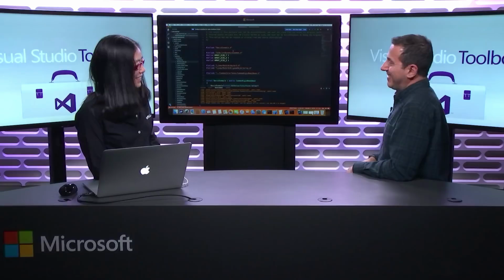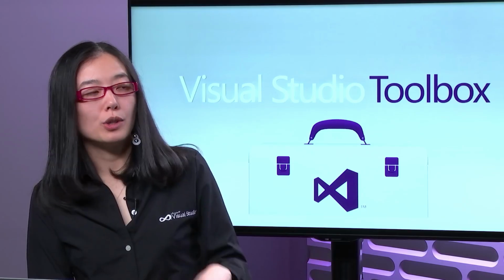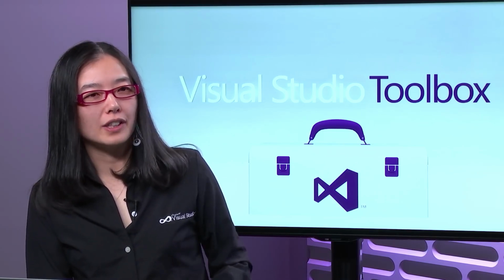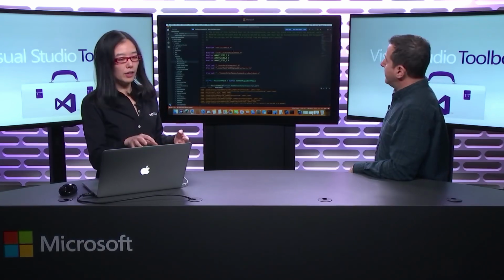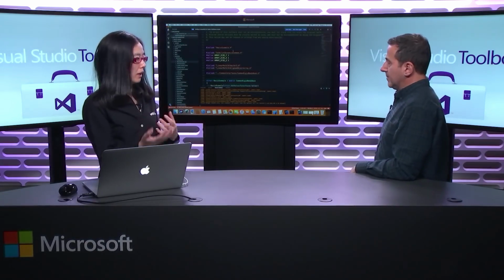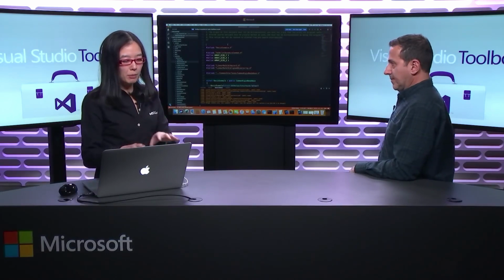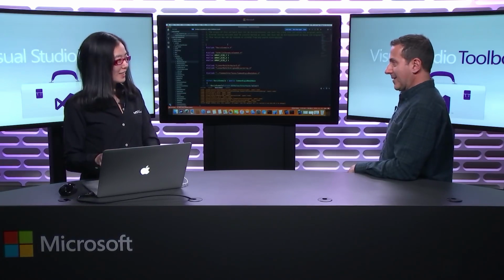But no. So right now, the Lightbulb suggestions is per translation unit. You can think of a translation unit as almost equivalent to a file, but it would be pulling in files that it is dependent on. Like this file is going to be compiled along with the header, for example. But right now I'm going to show you a much quicker way to configure IntelliSense once for all the files